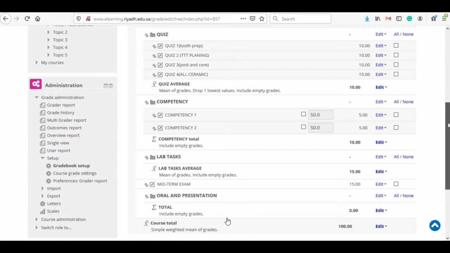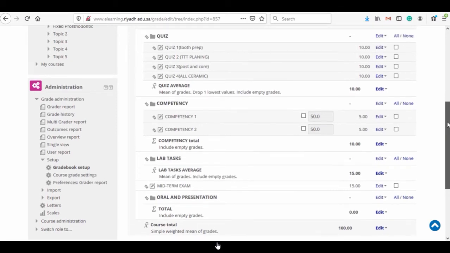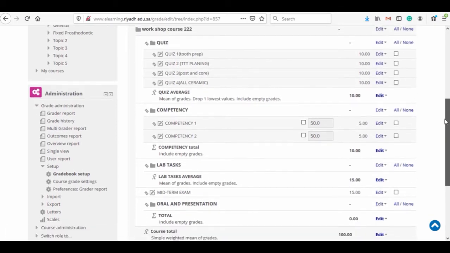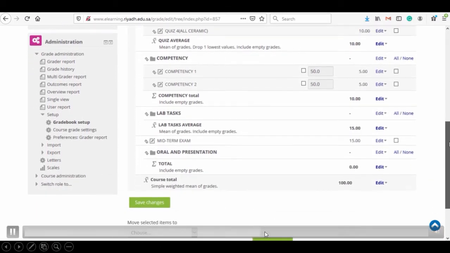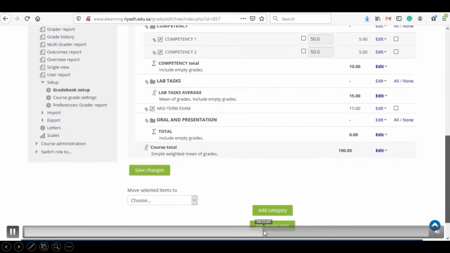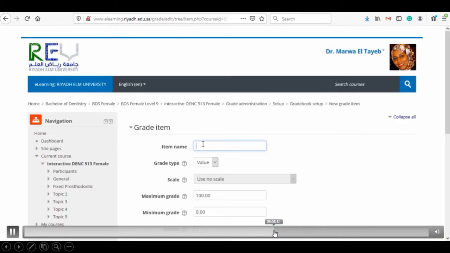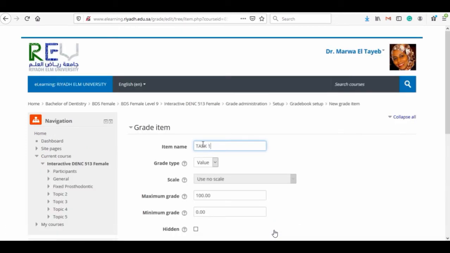We'll do the same thing for the lab tasks. Again, you're going to go for adding items for the lab task. The same way, you're just going to go and add an item, lab task number 1. Or again, you can name the lab task so that the student will be aware this is the mark of which task exactly, rather than numbers. So you can just name it tooth preparation, for example, of tooth number